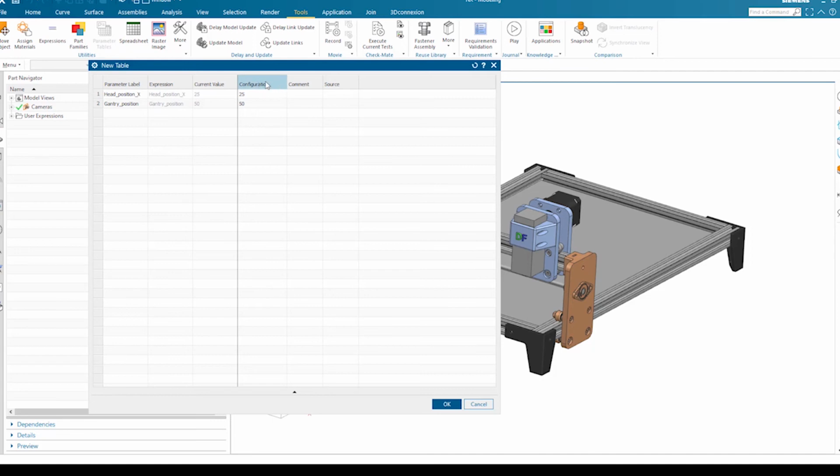By right clicking on the top tab, you can add multiple configurations one by one.